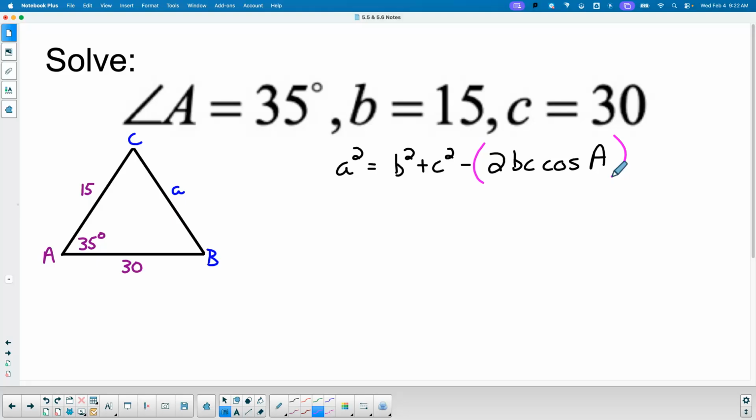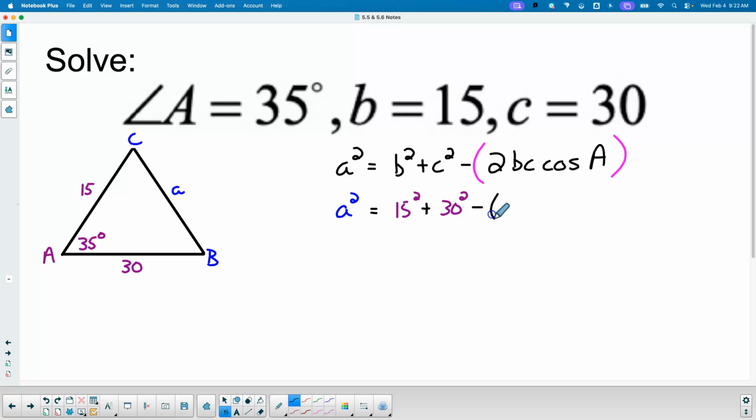So then this is going to be A squared is equal to 15 squared plus 30 squared